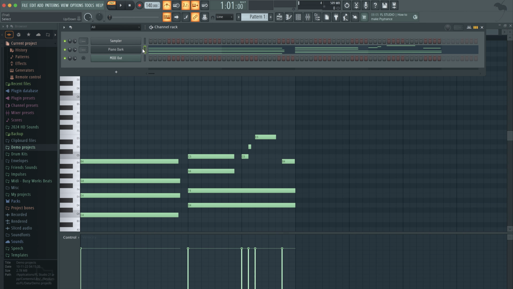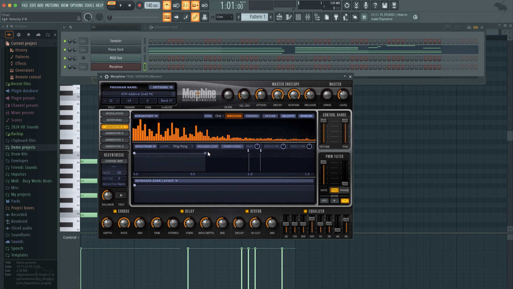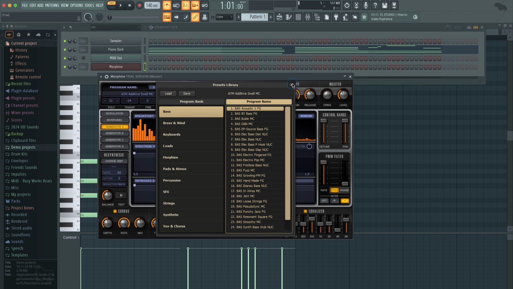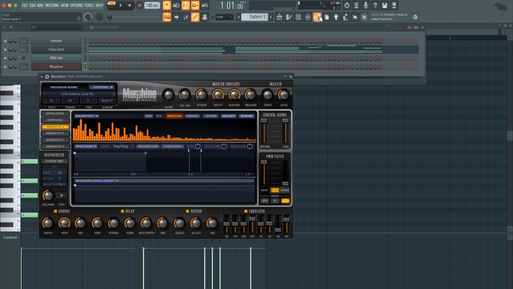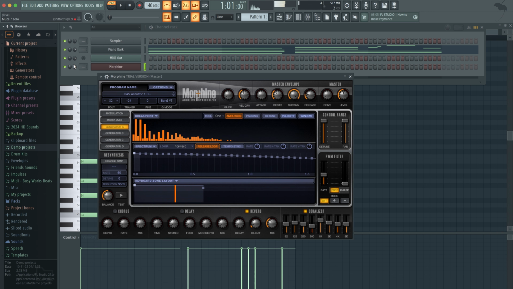Okay, so now I want to show you guys the plugin. Okay, so I showed you guys Flex. Next, let me show you guys a couple things about the Morphine plugin. So this is really good. Now, if you're on Mac, you may have an issue with Morphine. So for the longest time, if you're on Mac, I would click here and nothing would happen. What you have to do is open up your browser and then click here. It's some kind of glitch, I don't know, but just letting you guys know, if you're on Mac and you can't open up stuff, Windows and FL, that's because the browser's closed.